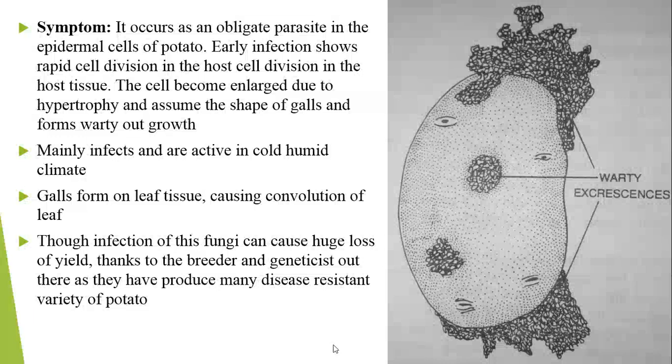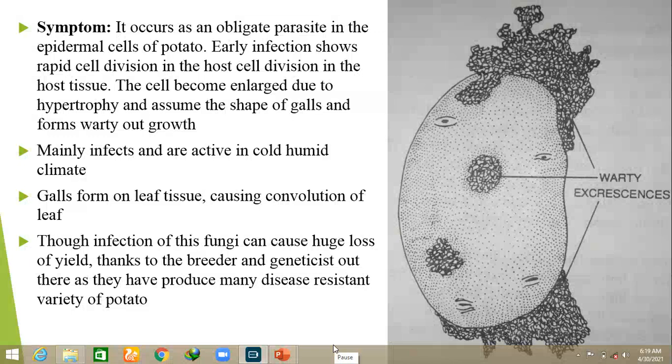Frequently, young tubers of susceptible varieties may become so malformed that they are hardly recognizable as potatoes. Some species of Syncytium also attack the fruits and leaves and some other vegetables as well. This fungus produces large or small greyish yellow warty excrescences on the tubers and rarely on the leaves. You can see these excrescences.